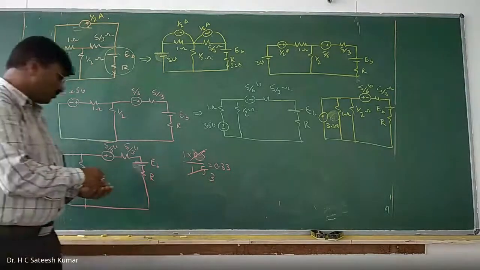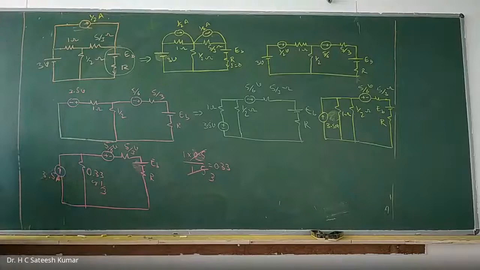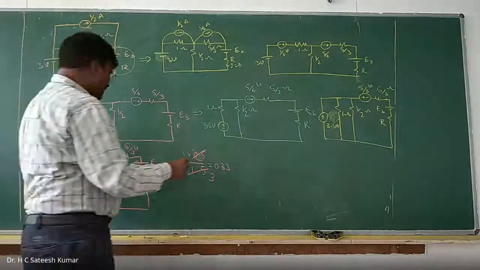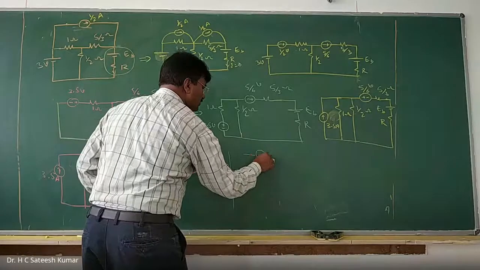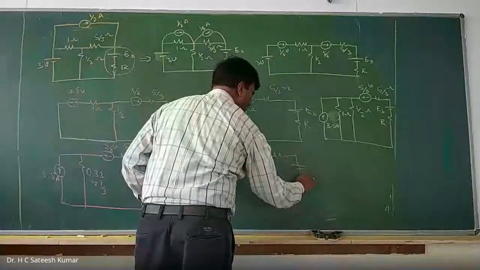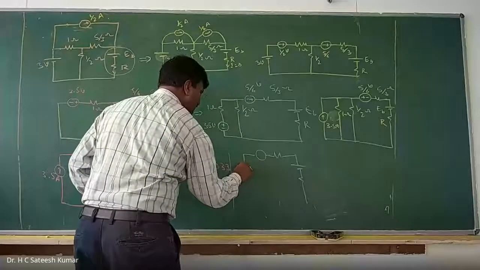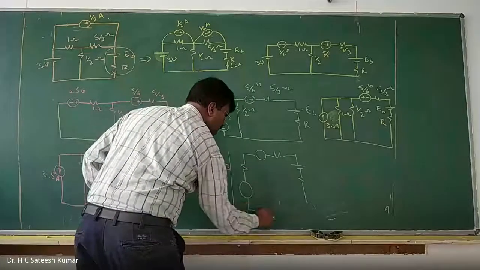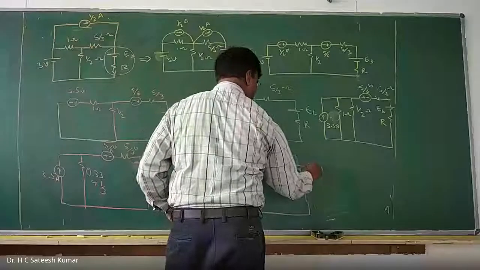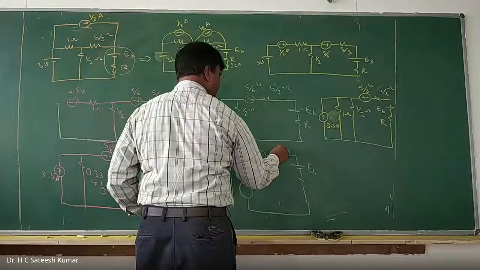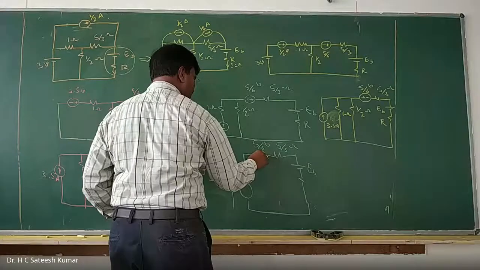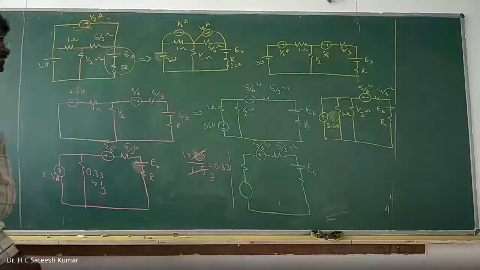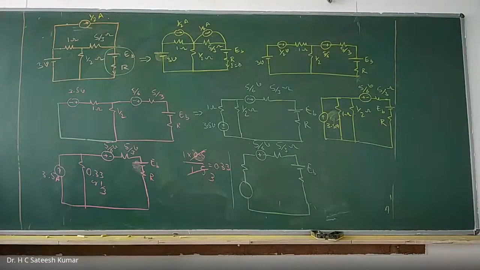Okay, right. Now I want to simplify. This whole circuit is in series with this one. If you want to simplify the series connection, what should I do? Convert it into a voltage source. So a voltage source in series with the resistance, and keep this one as it is. Now, this can be converted to a resistance in series with the voltage source. This is EB. This is 5 by 3 ohms, and this is 5 by 6 volts. Polarity plus minus.